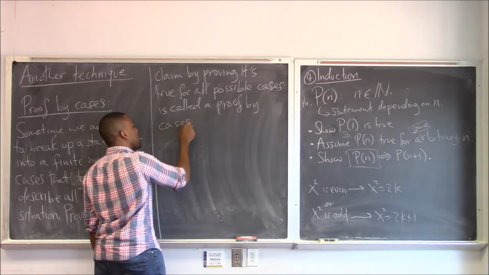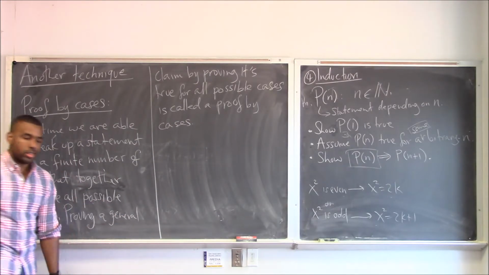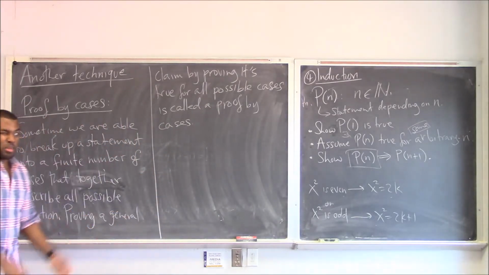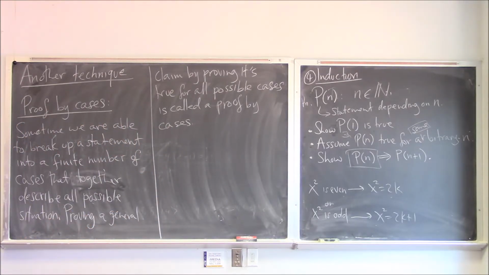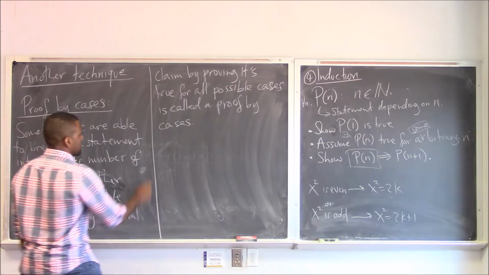And of course, even within a case, you can have cases. These are called, therefore, subcases. So you can have cases, and then within a case, you have a bunch of subcases. But sometimes it's the best that you can do with all the information you have. So that's called a proof by cases. Commonly,